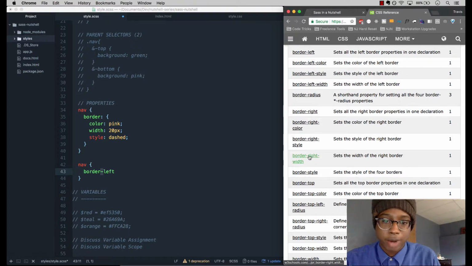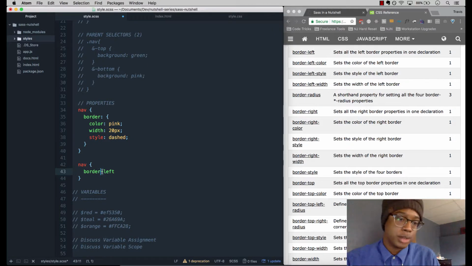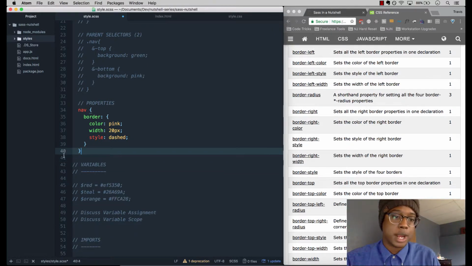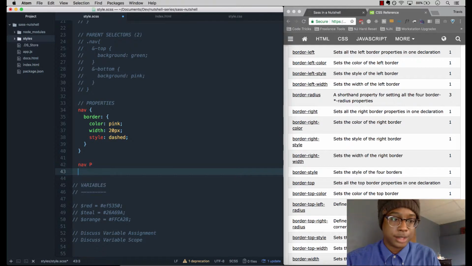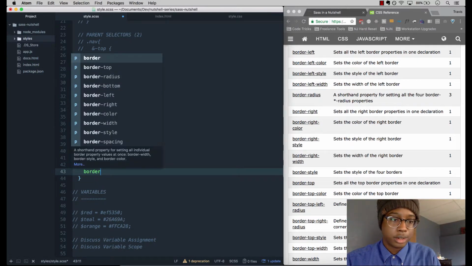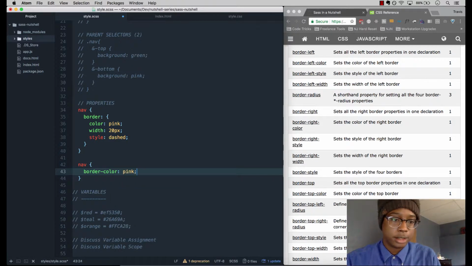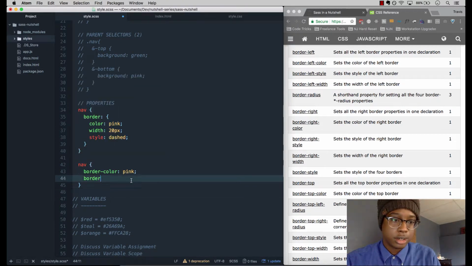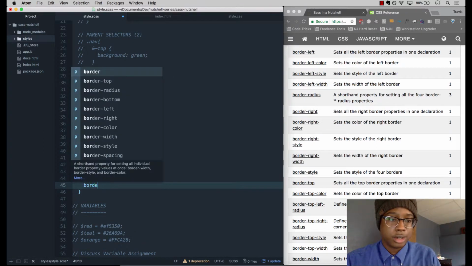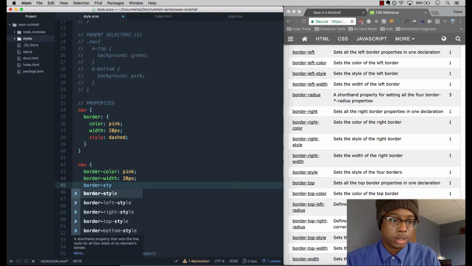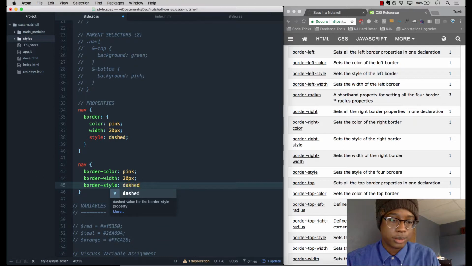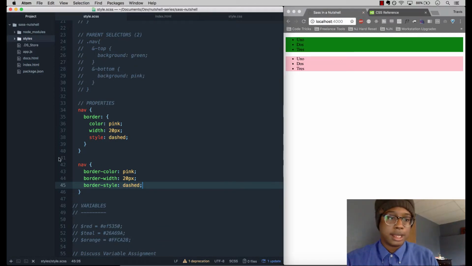So border right width, border style, border top. So in this case right here, I have border, which is the parent property, and then the child property color, which is pink. And if I were to take this whole thing right here and compile it to CSS myself, it would look like this. Border color, pink, border width, 20 pixels, and then border style, dashed. So if I were to save that and comment this out